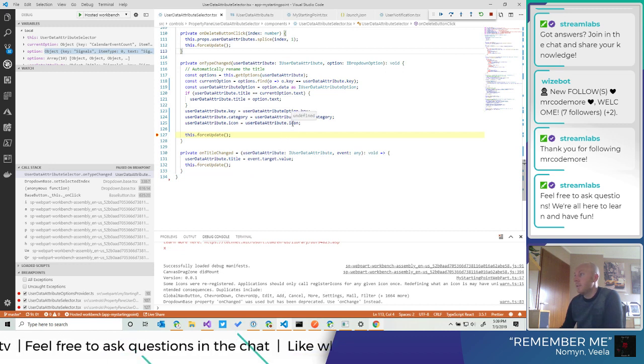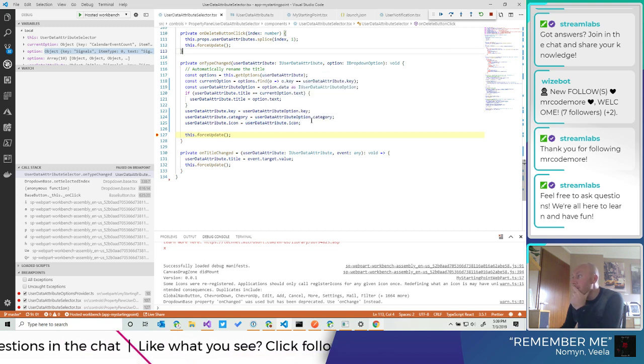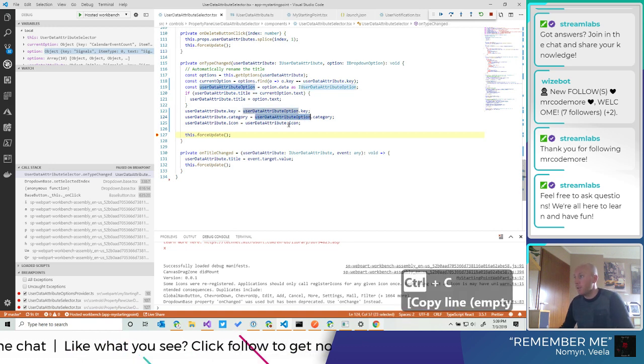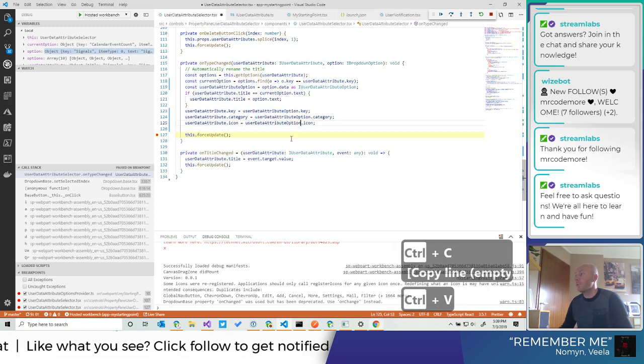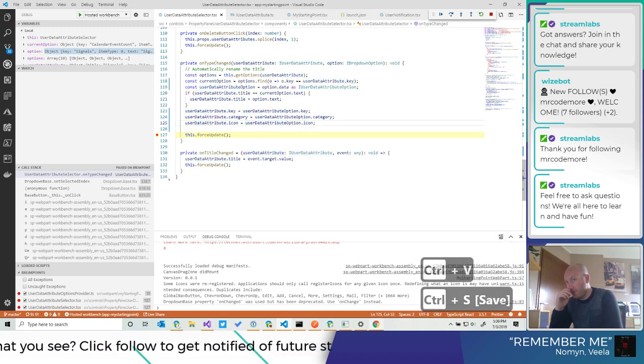So here we have undefined. Oh, look at that. I just made a stupid typo. I'm not getting the icon from the option, but from the actual target. That's okay.